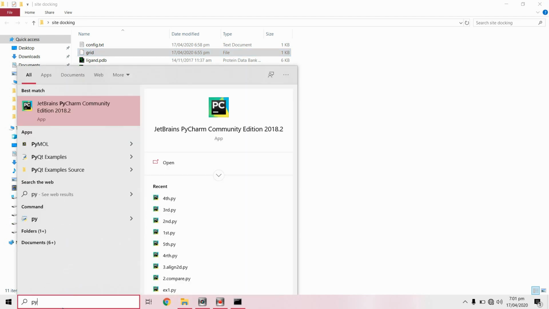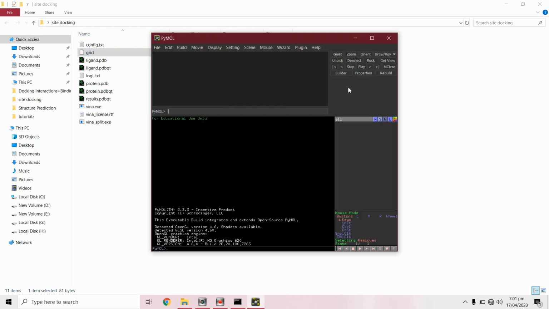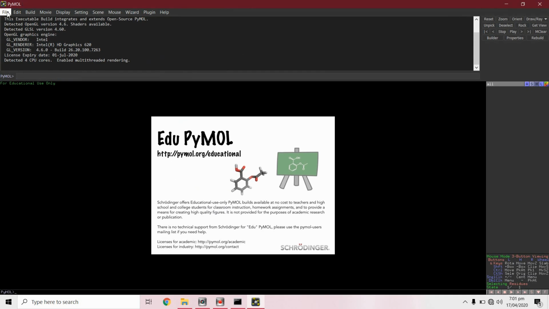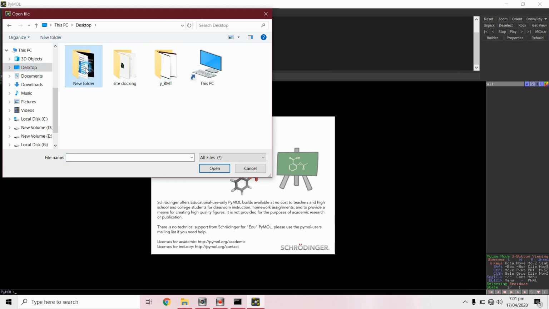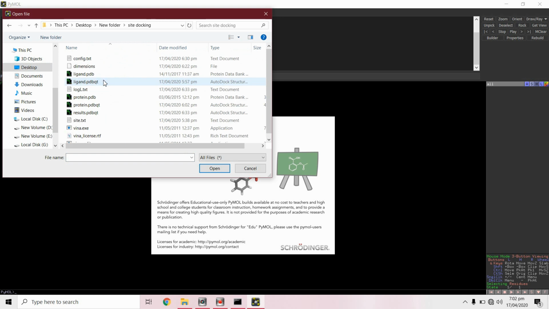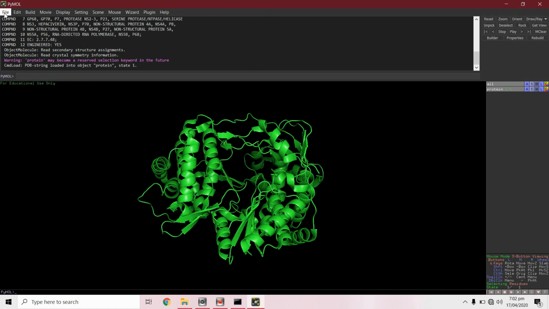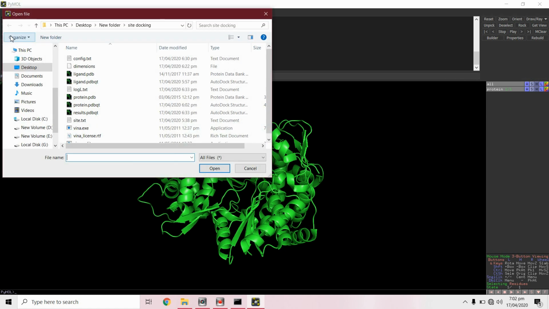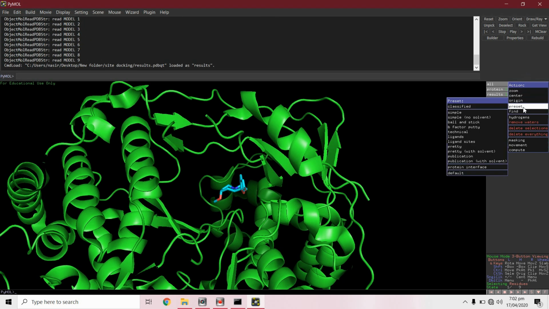In PyMol, open protein file, open your result file, from action, reset, ligand sites and cartoon.